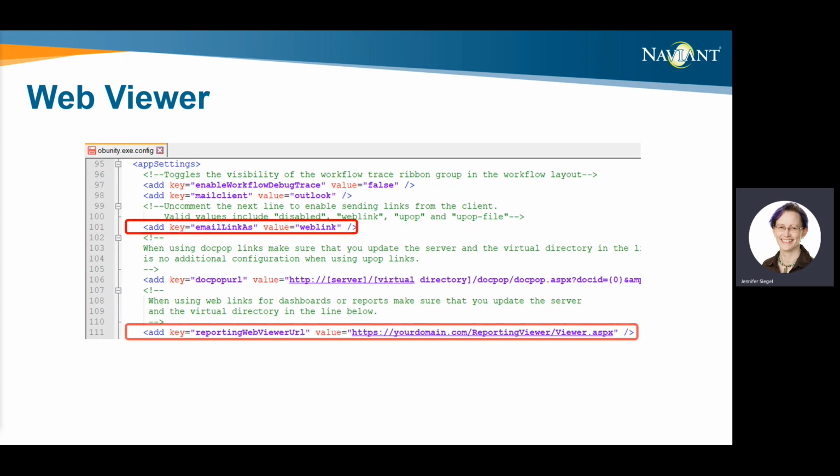And next is email link as, which should be set to web link. As of version 17, the UPOP file option should also work. The last of the 4 is the reporting web viewer URL, which needs to be pointed to the URL for the server-side install wherever you put it.